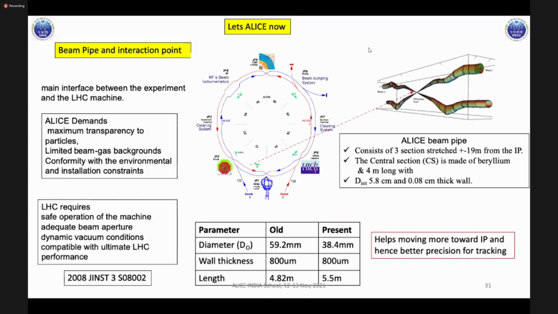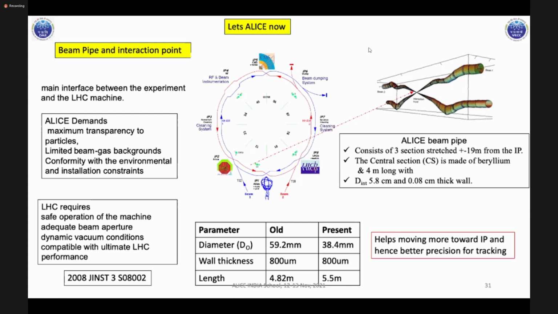And what is the constraint from the LHC point of view? The machine which is delivering the beam needs safe operation. So even if you want it, your beam pipe cannot be of a very weak material; they will say no. You have to keep the vacuum. You have to make sure that radiation does not come out and harm other things. That's why safety is very important. At the same time, the beam aperture needs to be maintained. So, keeping these two in mind, at the ALICE experimental site, these are the parameters for the beam pipe: diameter,